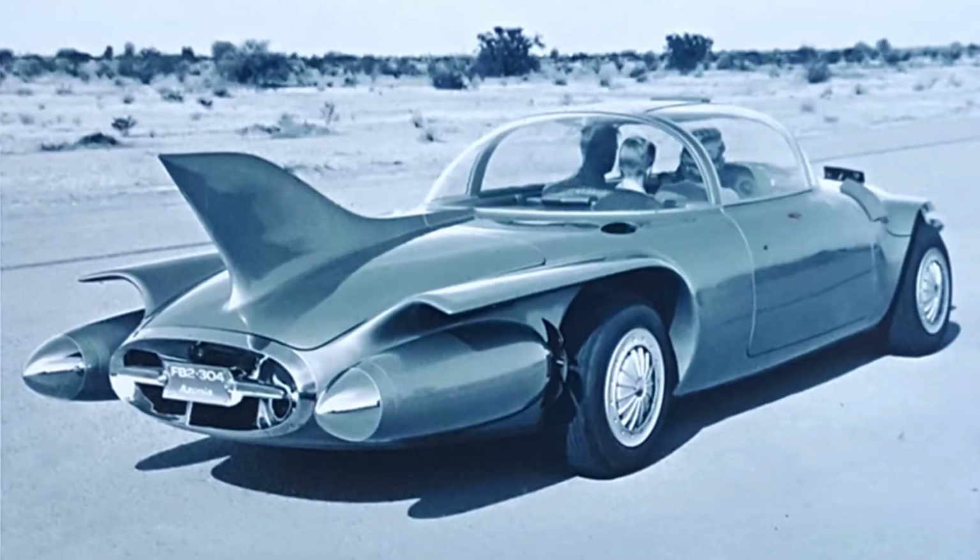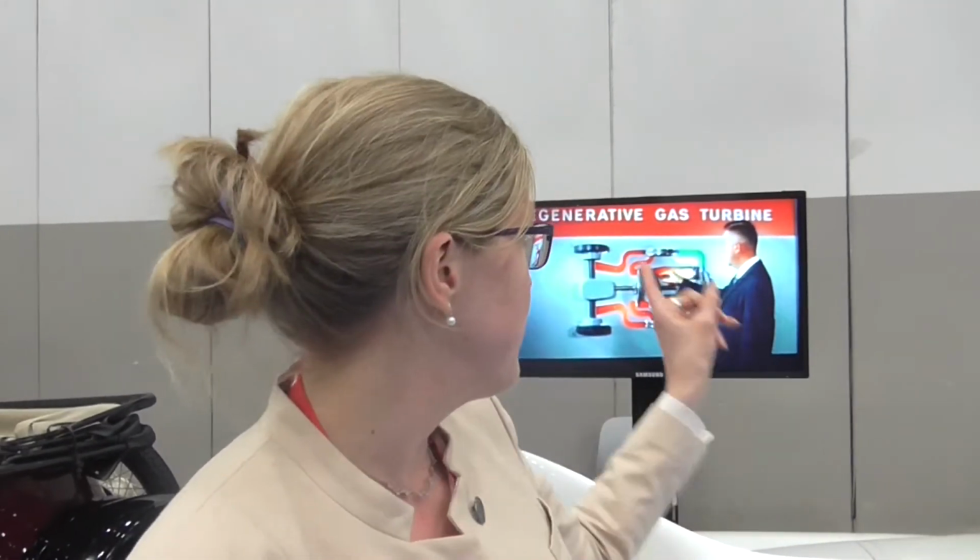So here we find ourselves in the mid-century with the Firebird 2, and this is a really interesting car for the history of autonomy, because the Firebird 2, in addition to being a gas turbine car that looks like a jet without wings, is actually a concept for autonomy. This particular concept was that the car would be guided by a wire embedded in the roadway. It would send electrical impulses up to the car, and it would guide the car where it needed to go. And in order to accomplish this, as you can see in the videos playing behind me,